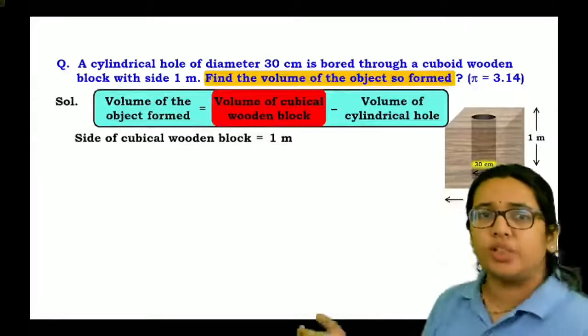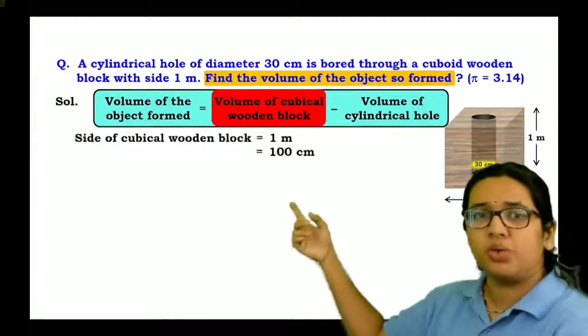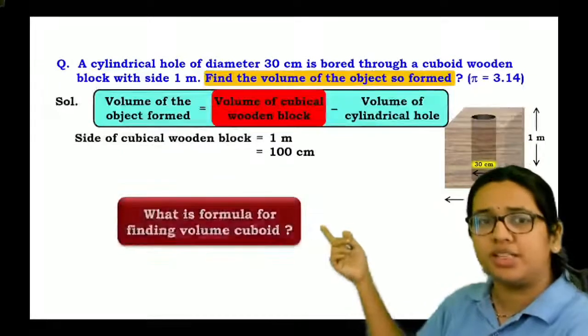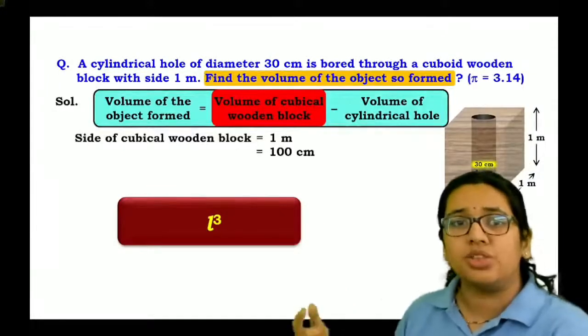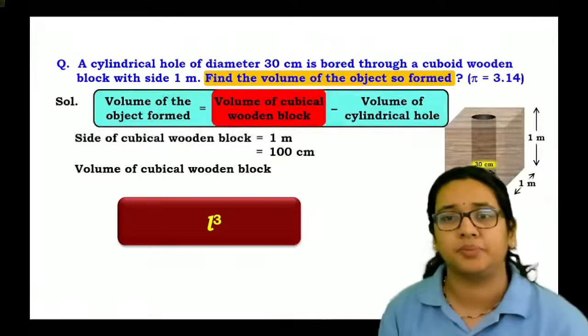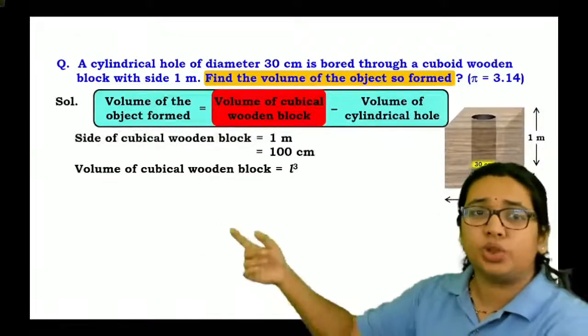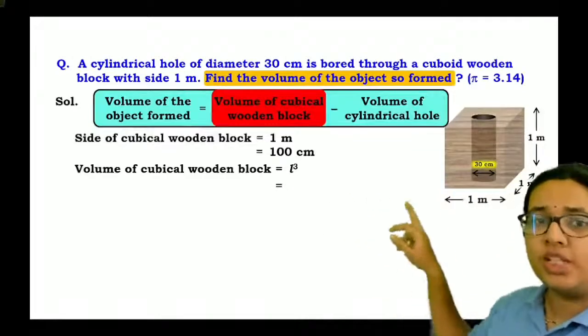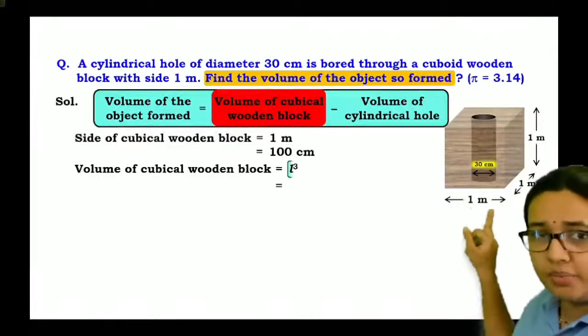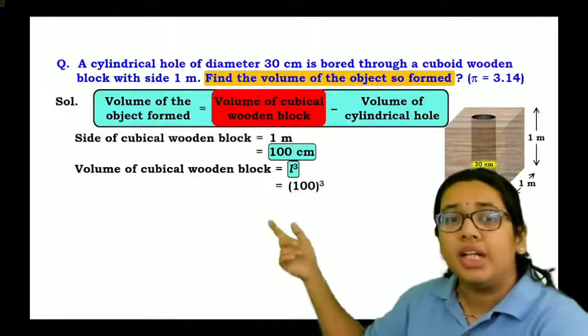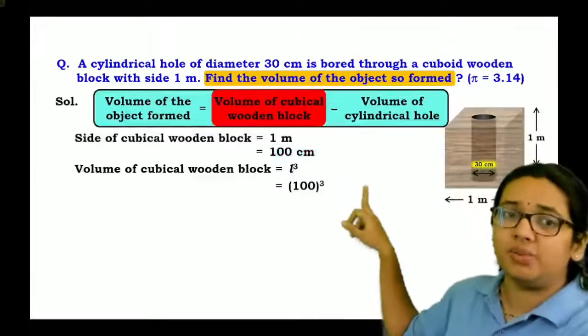So the side of the cubical wooden block is nothing but 1 meter, which is equal to 100 centimeter. So what is the actual formula for this? L cube, right? So the volume of the cubical wood, one is nothing but 1 meter, so it will be 100 cubic centimeter,